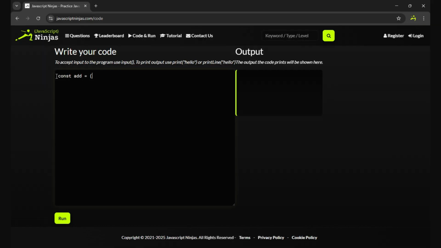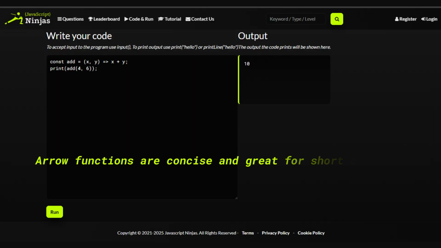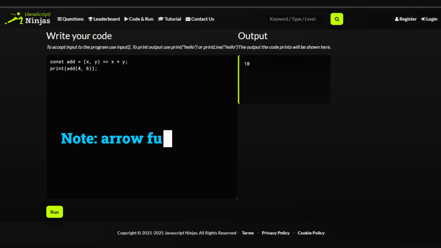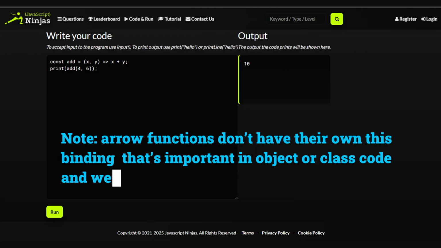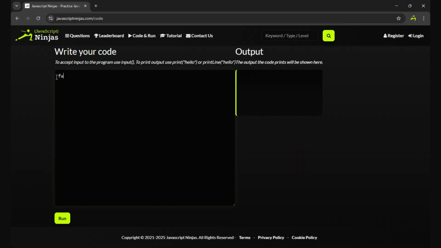const add = (x, y) => x + y; console.log(add(4, 6)); Arrow functions are concise and great for short callbacks. Note, arrow functions don't have their own this binding. That's important in object or class code, and we'll explore it later. function doNothing() { /* no return */ } console.log(doNothing());